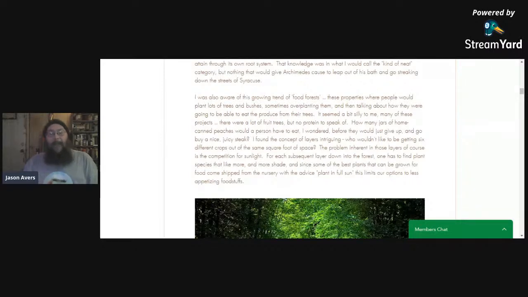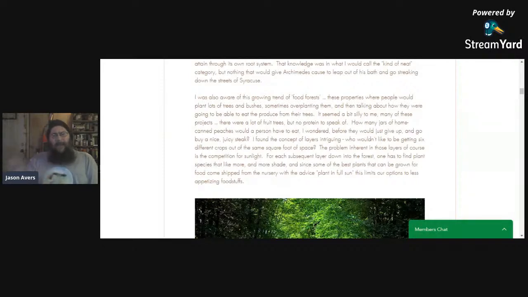Now, I found the concept of layers kind of intriguing. I mean, who wouldn't want to be able to get 6 different harvests from the same square foot of space, stacking everything vertically like that? Of course, the problem that occurred to me is probably the same problem that occurs to everyone else: the further down you go into the layers, the less and less sunlight is reaching those plants, to the point where you get to the ground cover layer. Those guys have to be able to survive on next to no light at all. But